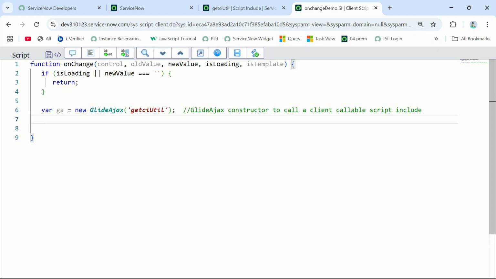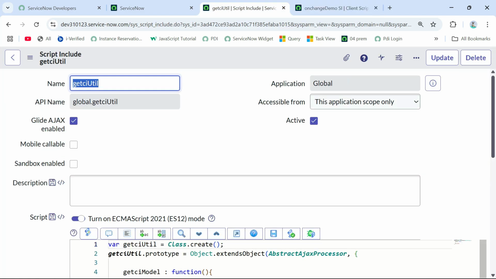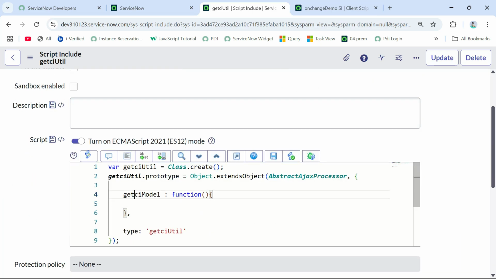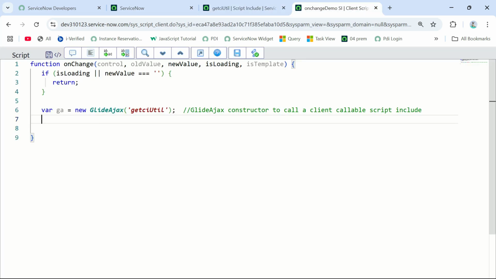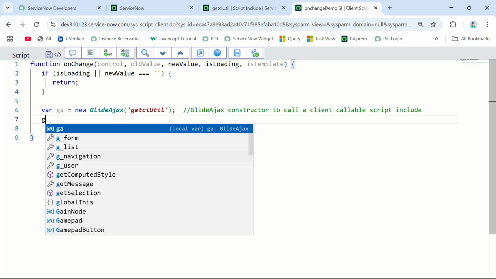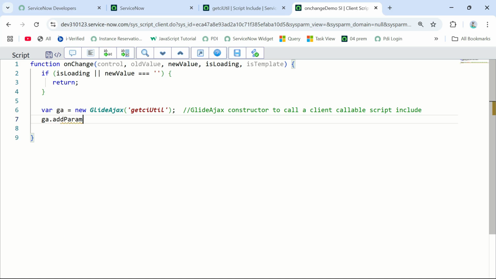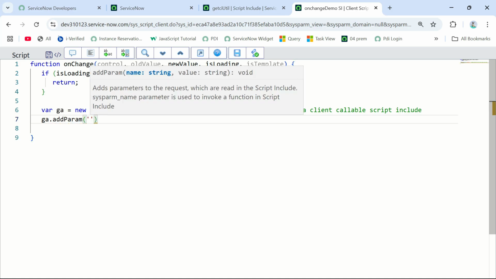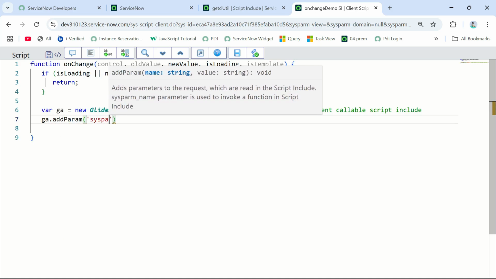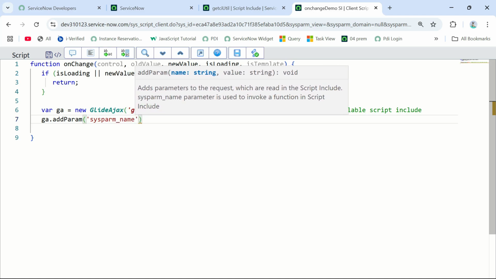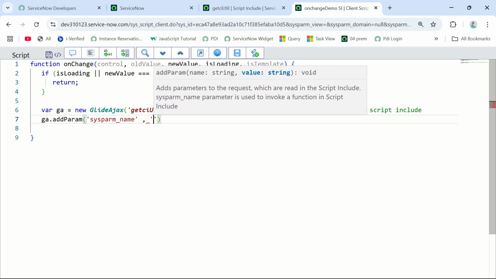Now, once I have created this GlideAjax constructor, what I need to call is the function we have created. We have created this function getCIModel. How can we call this? By adding the parameter into it: g.addParam sysparm_name, and pass the